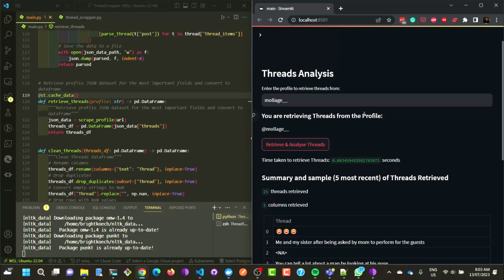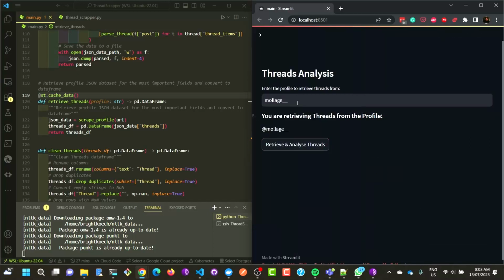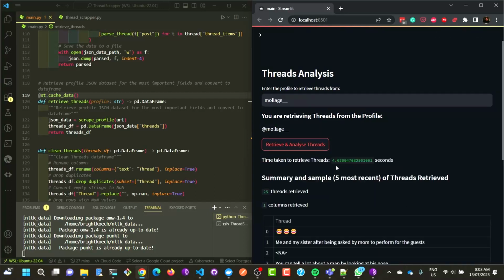So what do I do when I need to refresh? I've just created a button on the side panel, and all I have to do is clear the cache, and when I run it again, it is retrieving. So I can decide that I want to clear the cache every hour and check if this profile has posted a new thread,